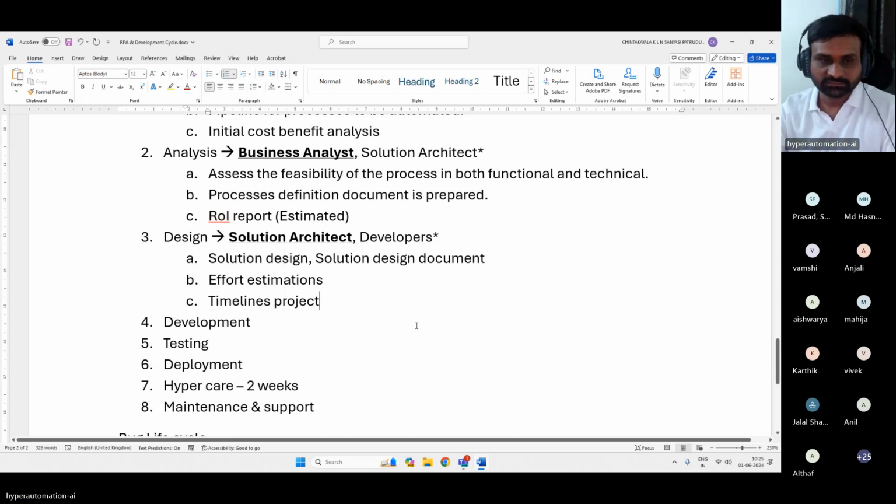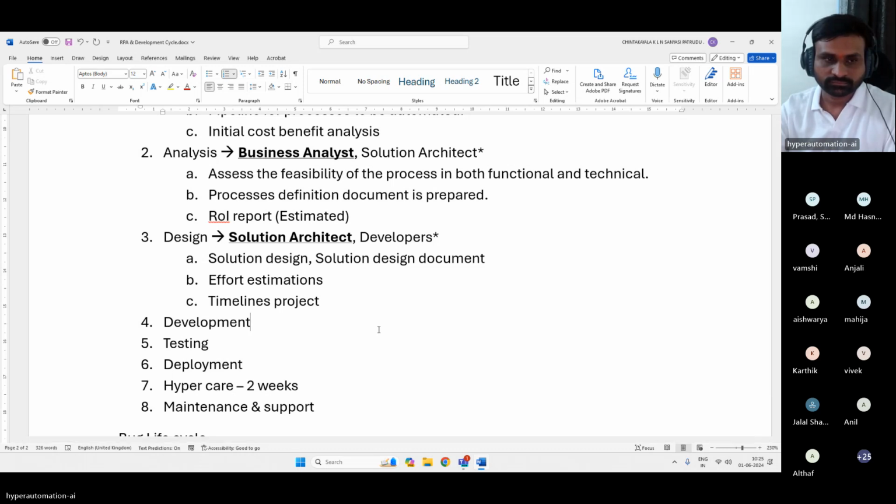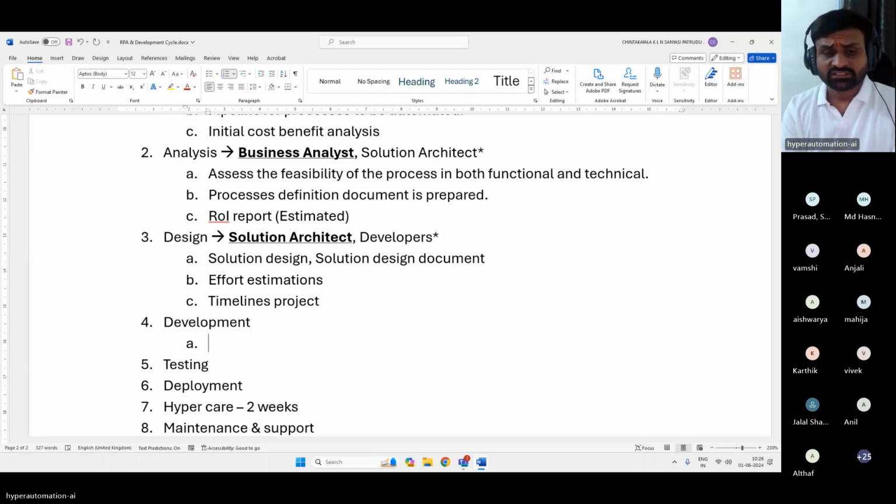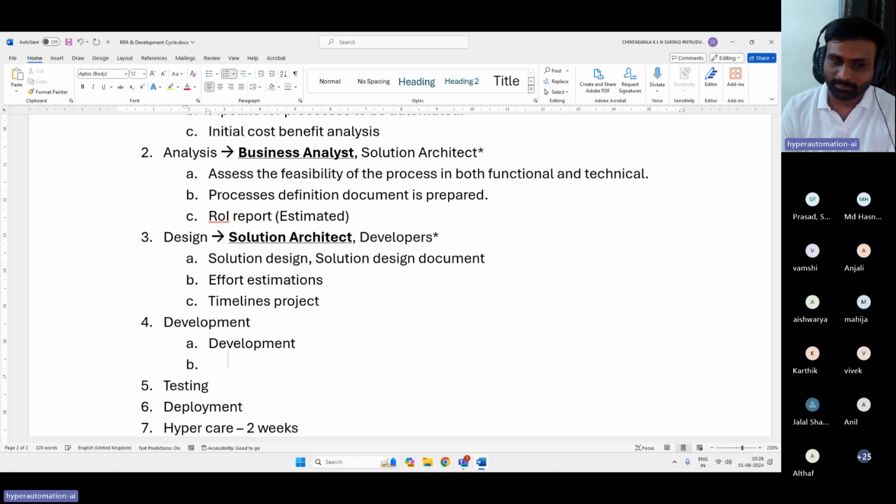Anything, guys? Okay. So in terms of development, we will do the development, right? We will not do anything more than the development, right? Development, but what else will happen? Only development? Unit testing we will perform along with the development itself.